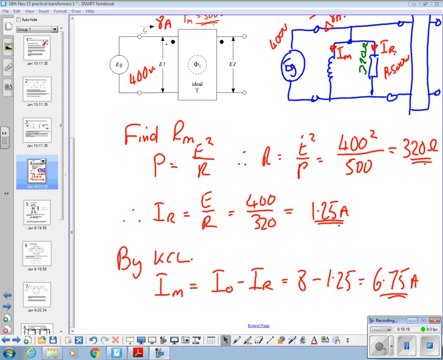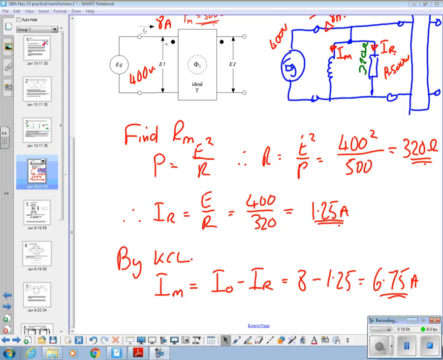There's a problem with that. I want you to tell me what that problem is. You haven't taken into account that these two currents aren't in phase with each other. So that's not the right method. You can't do it that way because the 8 amps is a complex current that you don't know the angle of, because it's made up of